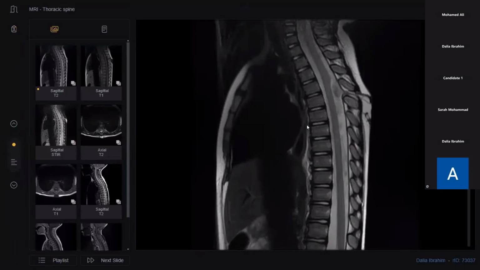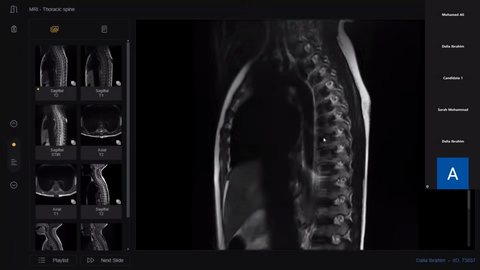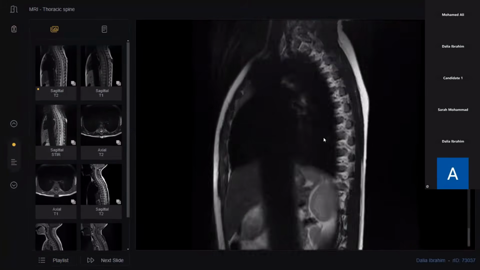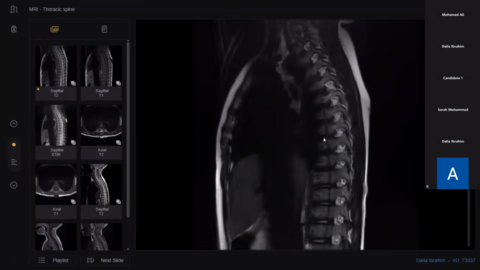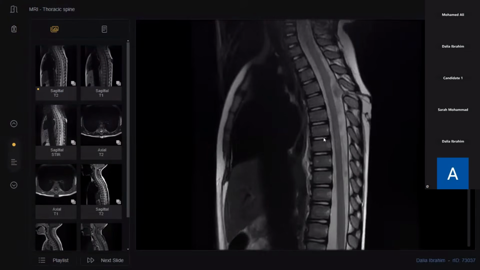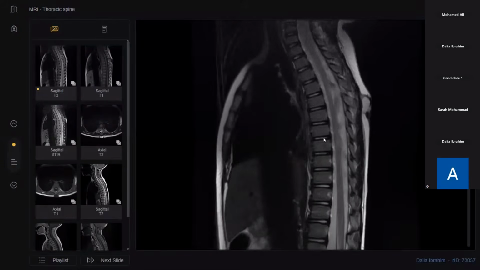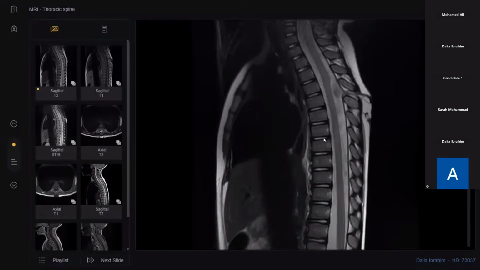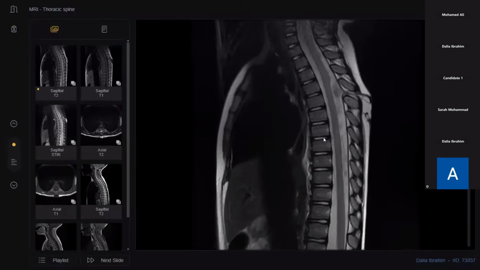Candidate number 1. Should I start? Yes, you can start. Okay, these are the axial slices of the MRI dorsal spine, T2 weighted images, in which I can appreciate normal curvature of the thoracic spine, vertebral body heights and disc spaces are normal, spinal cord retains normal signals. I can appreciate a well-defined cystic lesion seen within the subcutaneous tissue